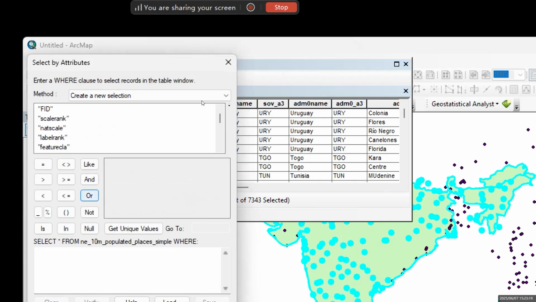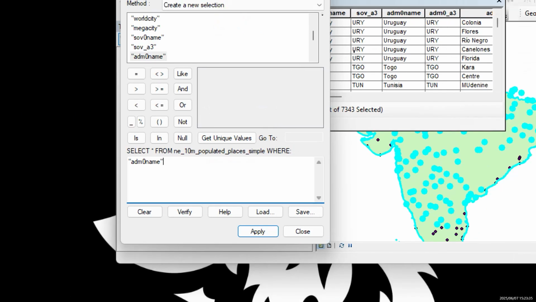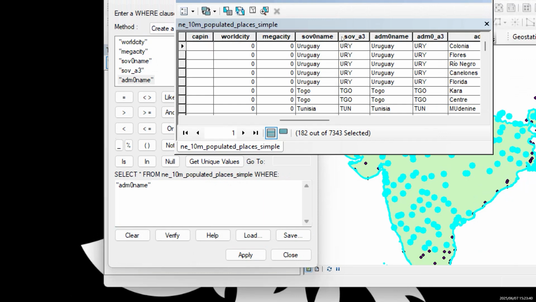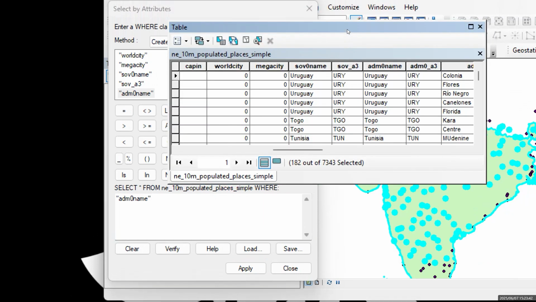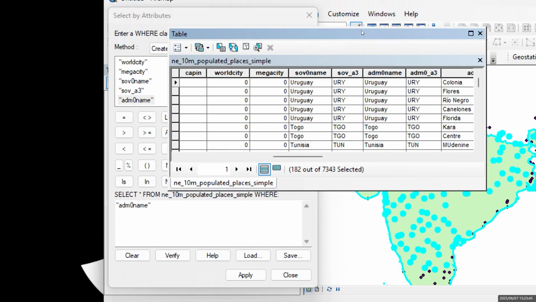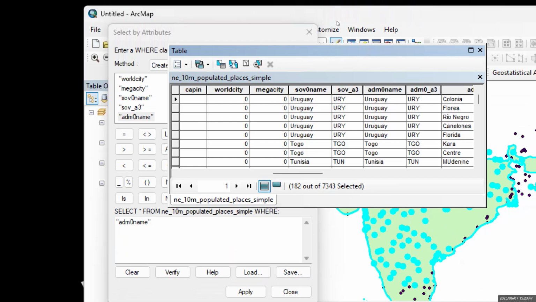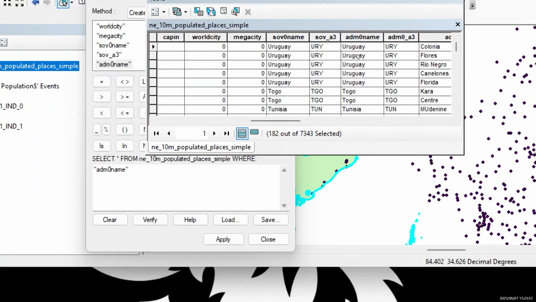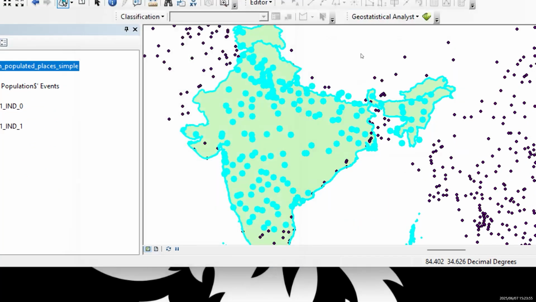Select by attribute, go to your desired field, and it is here. Okay, I'm going with admin 0 name. And then you have to press is equal to. Is equal to means it will take you to your desired